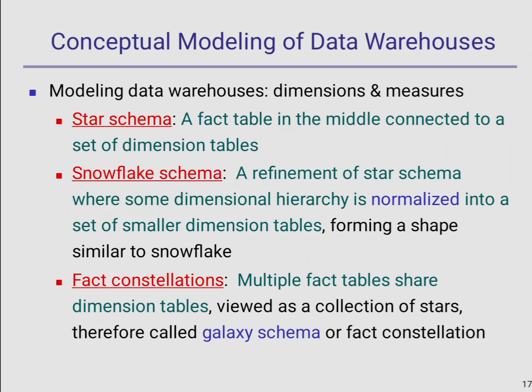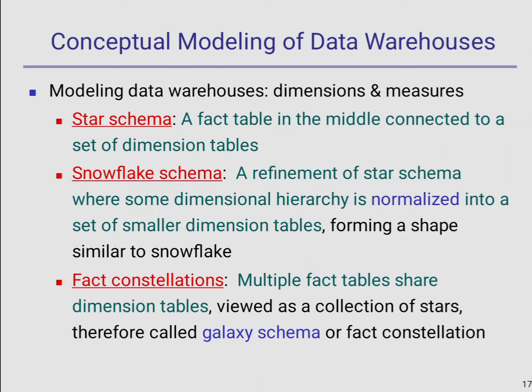Models that are there in the data warehouse. Different models that are there in the data warehouse. So we have 3 different models, that is star schema, snowflake schema, and fact constellation. Very important question, you will be asked about the important models you have in data warehousing and data